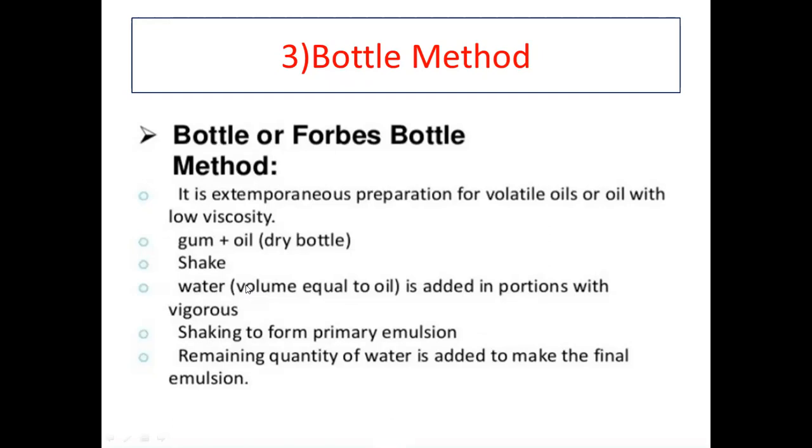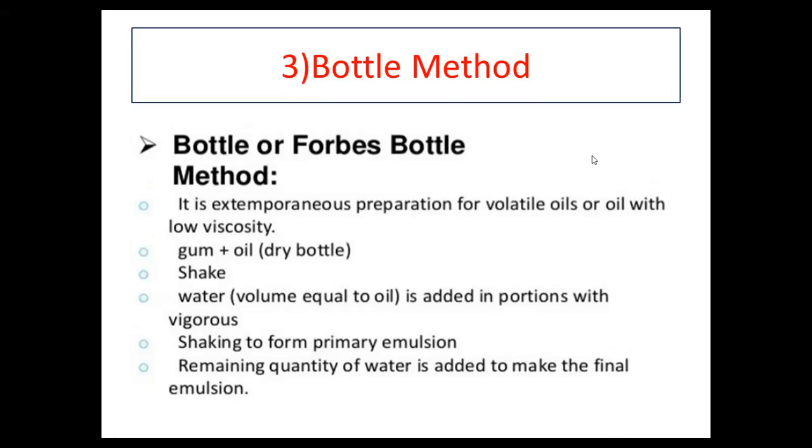Then add the calculated amount of water all at once. Volume equal जे आहे volume is equal to oil, and at the end volume adjust करण्यासाठी water add केलं जातं. So add the water in this bottle and again shake it to form a primary emulsion. And at the end add more water in small proportion with constant shaking or agitation and adjust